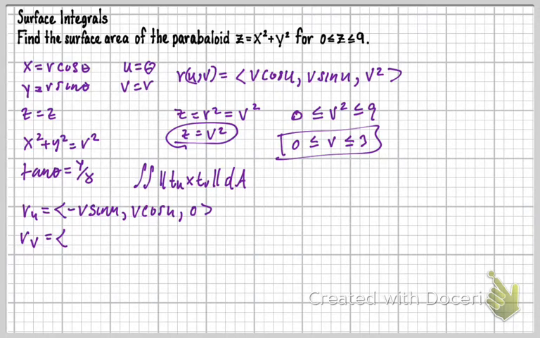So then for this one here, now I'm going to do the RV. So that's going to be cosine U, comma, and that's with V as well. So that's going to be sine U, comma, and then the last one's going to be 2V. So now I want to think of I, J, K here, and I am thinking of cross product. That's going to result in, let's see here,